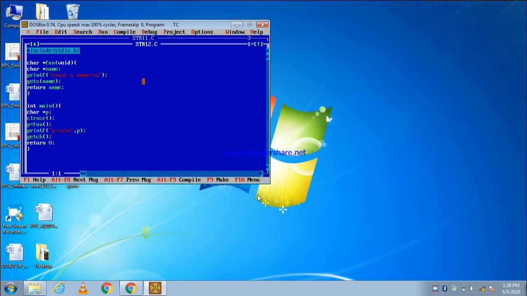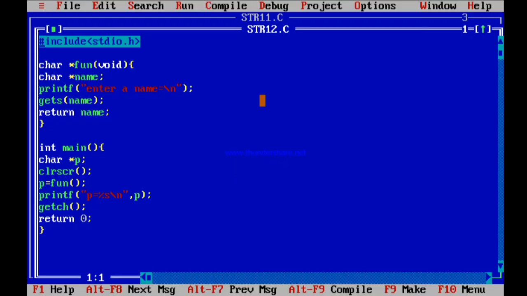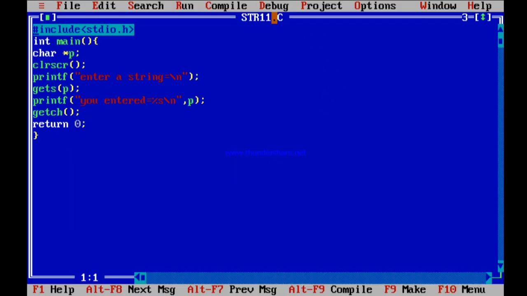Okay friends, now I'll show you the execution of strings with pointers. That means you can create strings with pointers. I'll show some small examples for those things. So here just look at this particular program. I have created a string by using a pointer. For that I declared a pointer called p of type char. I'm asking for a string, reading your string with p, and printing whatever p contains.